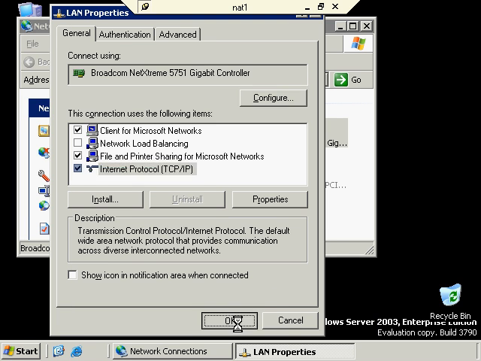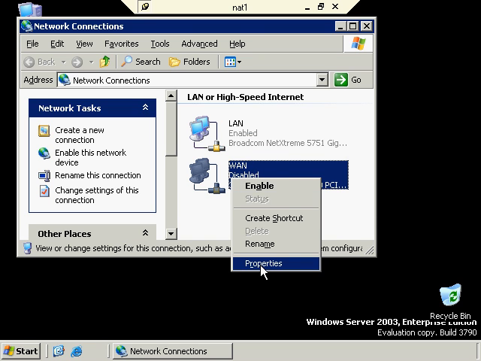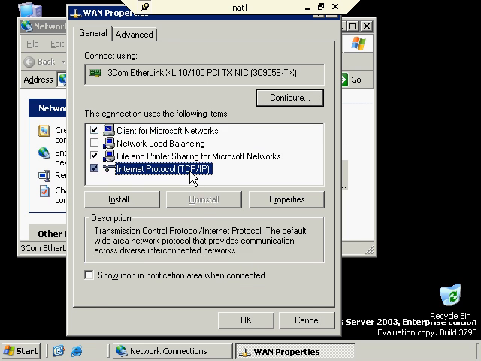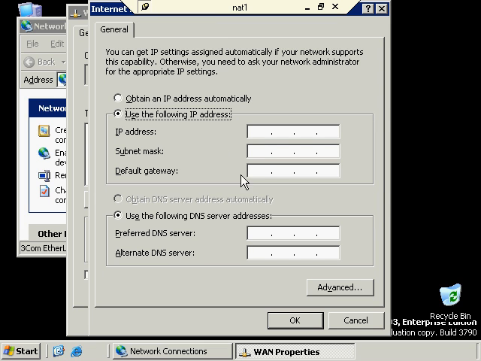Next, we're going to be working on our WAN connection, and you can see right now it's currently disabled. I'm going to go ahead and go to the properties first and take a look at what we have set here. Okay, right now we have nothing, so what I'm going to have to do is take the ISP assigned public IP address that we received and assign that here on the WAN card. Okay, so we're working with 69.128.98.220. Okay, and the subnet mask